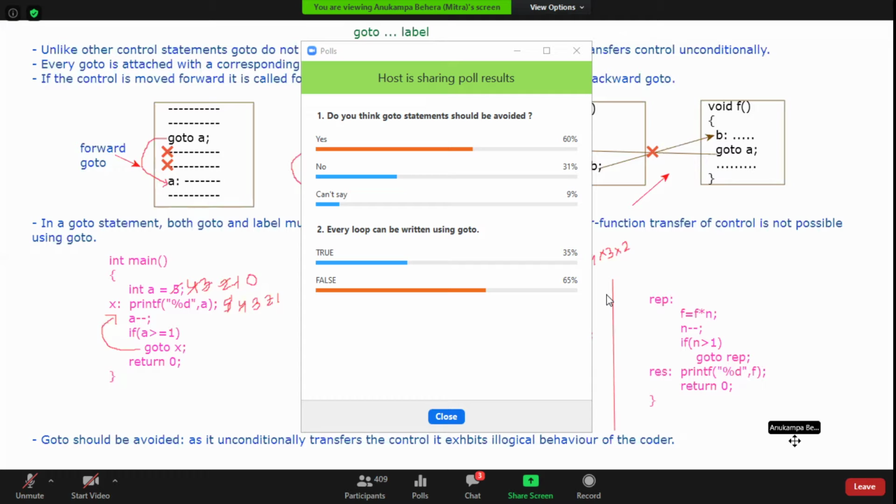When we talk about how the label is stored, it's something like this. Say A is the statement address, suppose 486, so it will be stored like that. Whenever you say go to A, control will go to 486. Every A is replaced with 486. That's why I was thinking there should not be any problem when the variable and the go to label are the same.